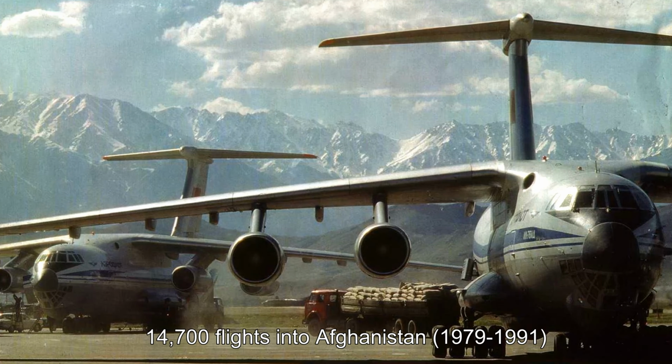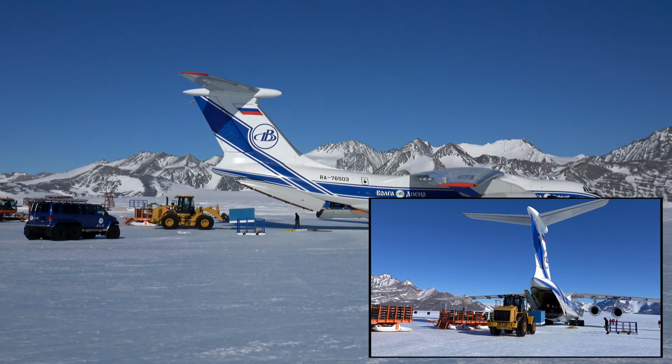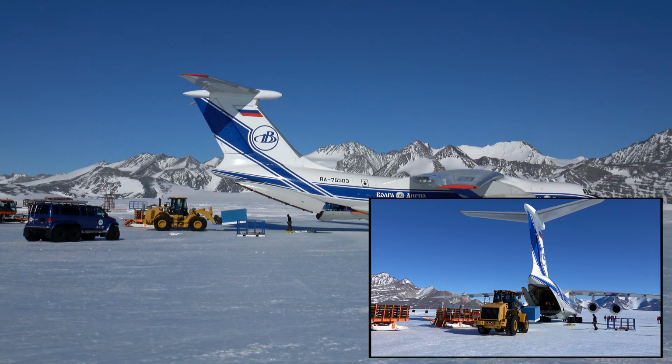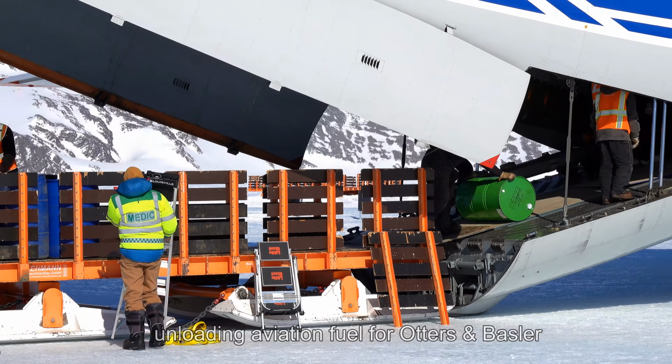The Ilyushin has a tail-loading entrance with an expanding loading ramp. If required for loading of cargo, the cabin is equipped with 2 electric winches of 3-ton traction each and 4 electric hoists with a pulling capacity of up to 10 tons. The Ilyushin brings in a wide variety of cargo, including